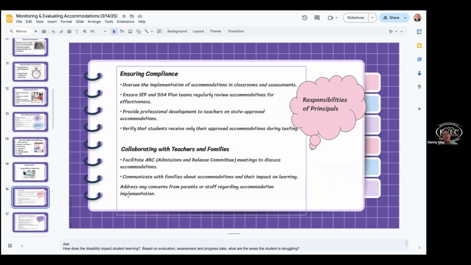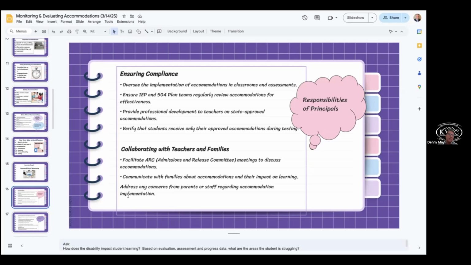When I'm talking about accommodations, I'm not downing accommodations. Accommodations have their place. It's just that when students are in high school, especially in the co-taught settings, we don't need just to accommodate. We need to also do specially designed instruction, and that's a problem that we have, and we know that.